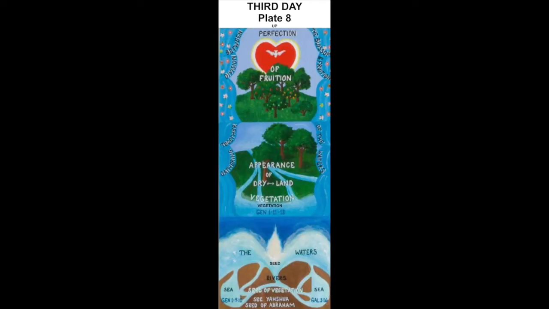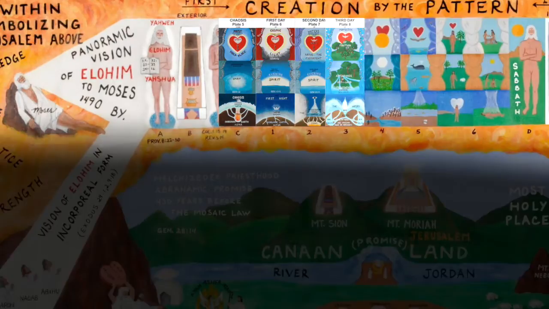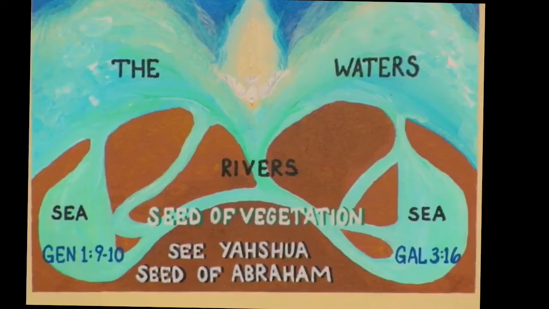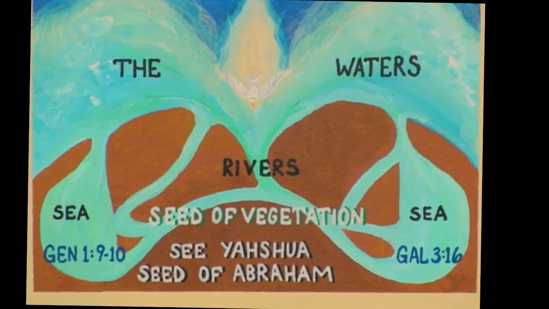The creation, third day. Plate number 8 illustrates the creation of the vegetation on the third day of the vision, as seen by Moses, compared to the threefold pattern of the tabernacle. In the outer court, plate 8E, we still have inorganic earth impregnated with lifeless or inanimate substance from which the